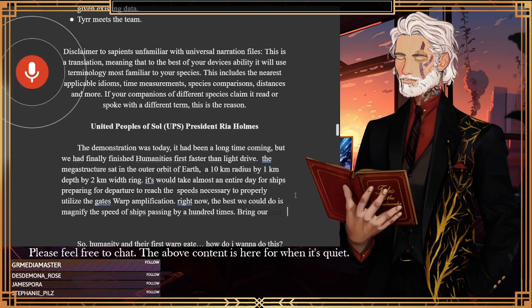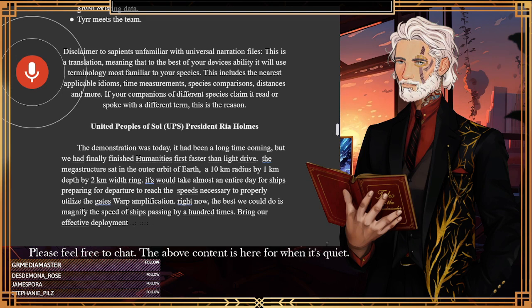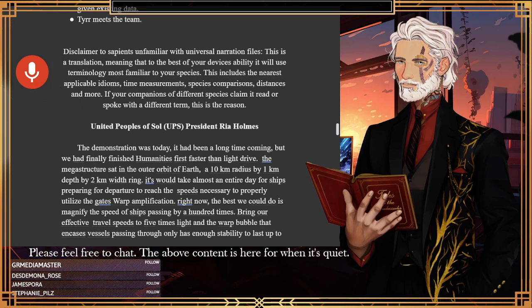Bringing our effective deployment travel speeds to 5 times light. And the warp bubble that encases vessels passing through only has enough stability to last up to